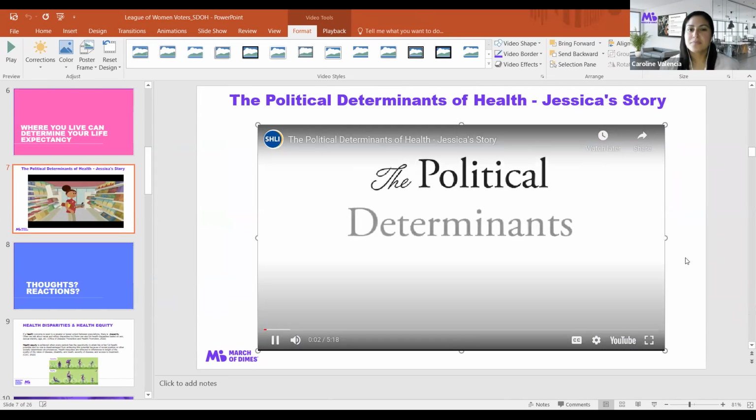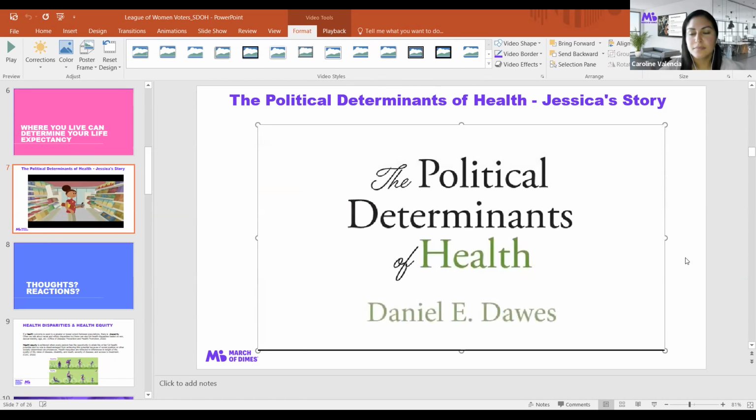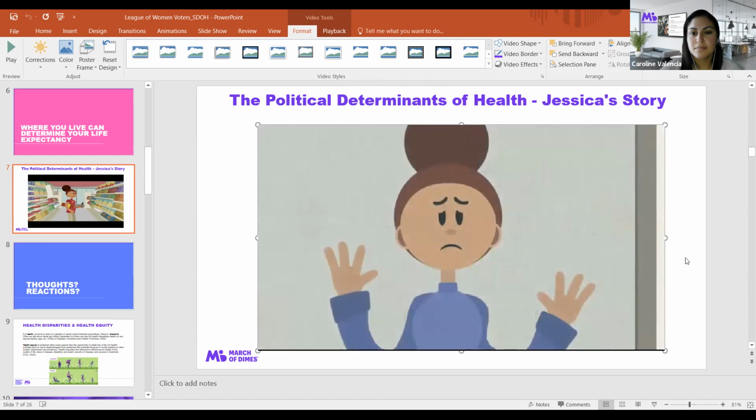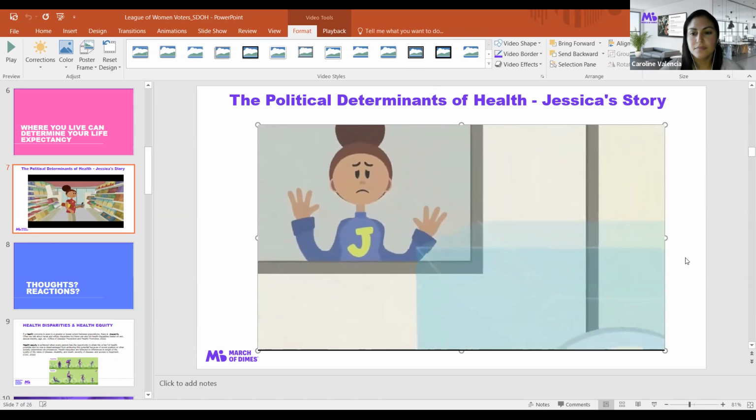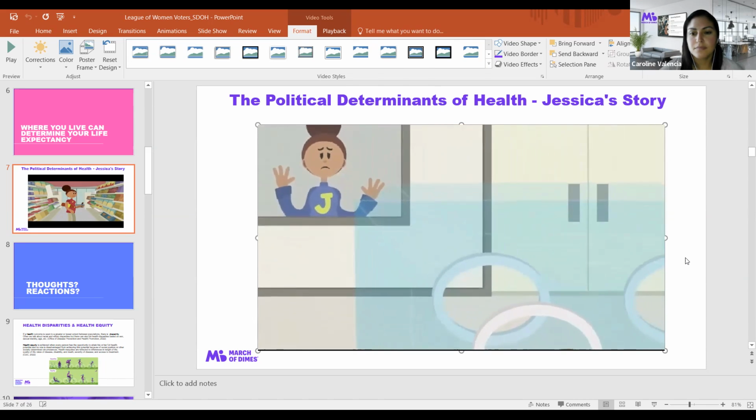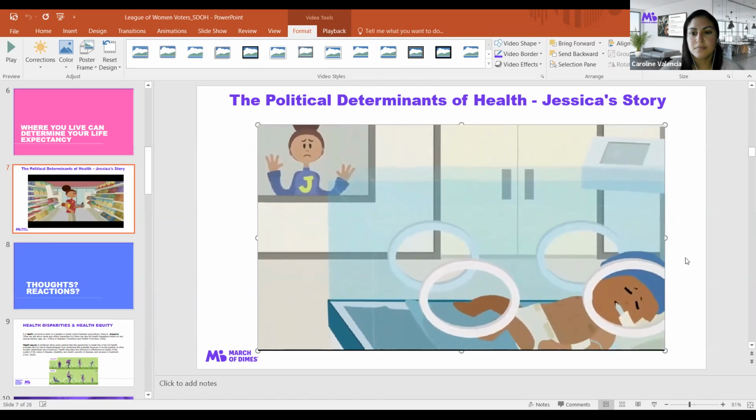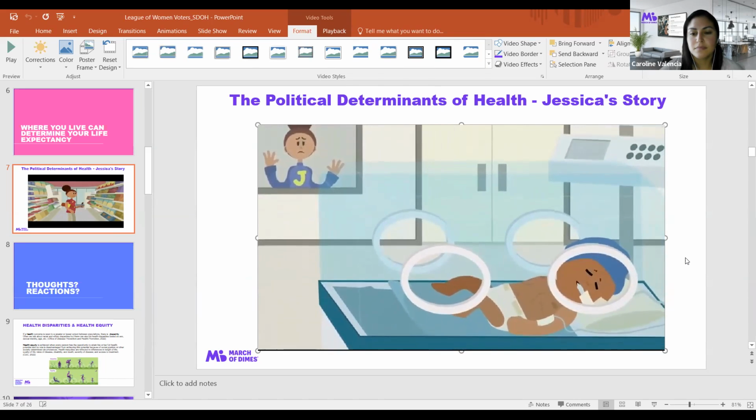To best grasp the political determinants of health, let's examine a hypothetical example that combines experiences of real people in urban and rural communities. Imagine a 19-year-old woman, we'll call her Jessica. After enduring several miscarriages, she barely survives giving birth to an infant 9 weeks early, the baby weighing only 3 pounds. Her son is placed in the neonatal intensive care unit, the blood from his umbilical cord revealing over 200